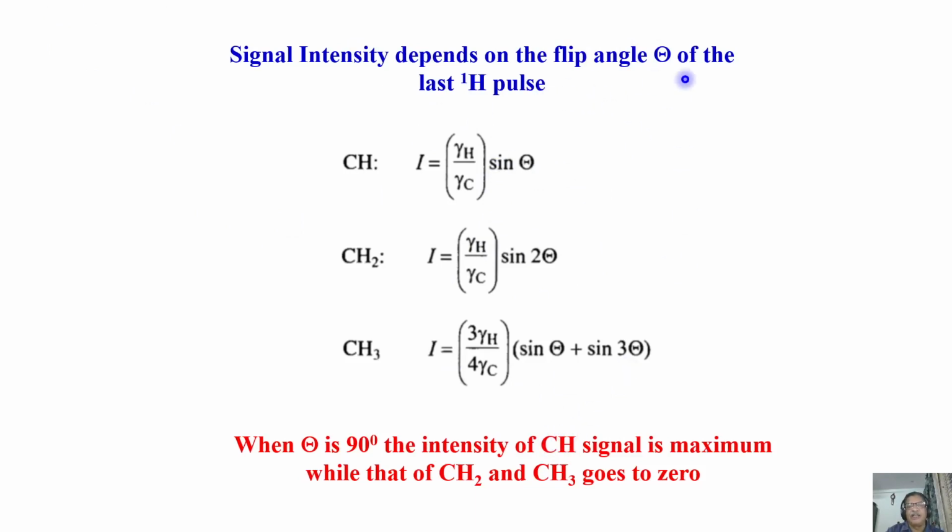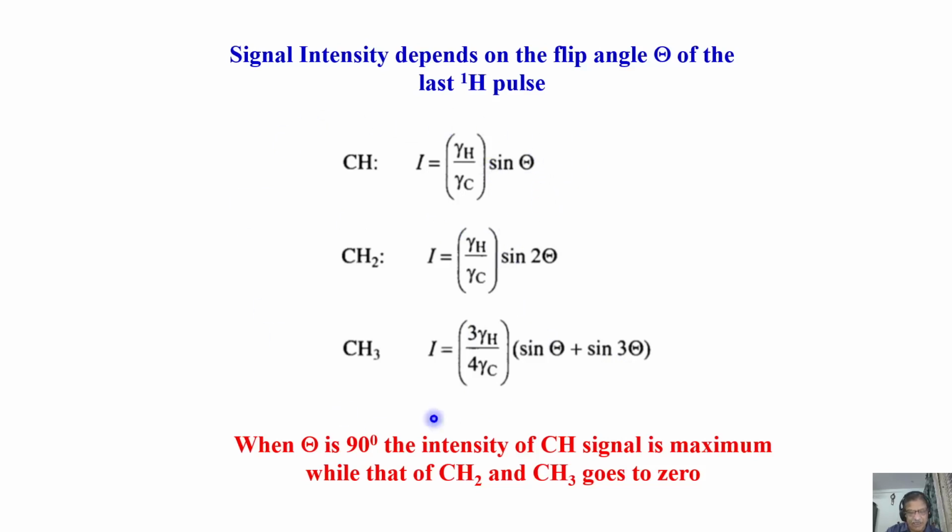And if you go into theory, how the intensity varies as the flip angle phi varies, based on this only, these graphs have been drawn. You can look at it. When phi is equal to 90 degrees, what is happening here? Sin 90. What is sin 90? 1. So this is 1. Maximum signal intensity you will get. What happens for CH2 and CH3 when it is sin 90? Look at it. Then these two signals will go to 0. As a consequence, very clearly you say, when it is a 90 degree pulse, we see only this.